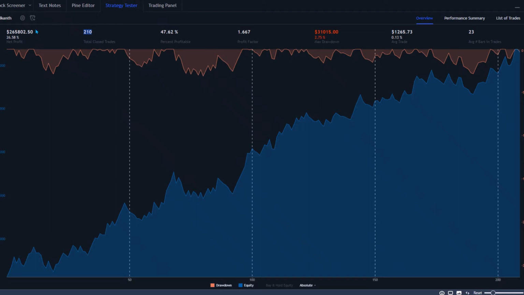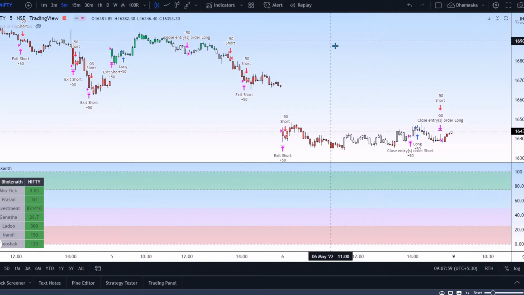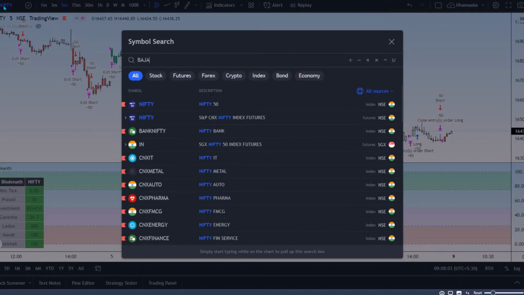So here you still have a decent equity curve, decent profit. Your drawdowns are manageable if you think about 10 lakh, and this starts from January, so you are getting around 20% return. So we can see any stock, let's say Bajaj Finance,